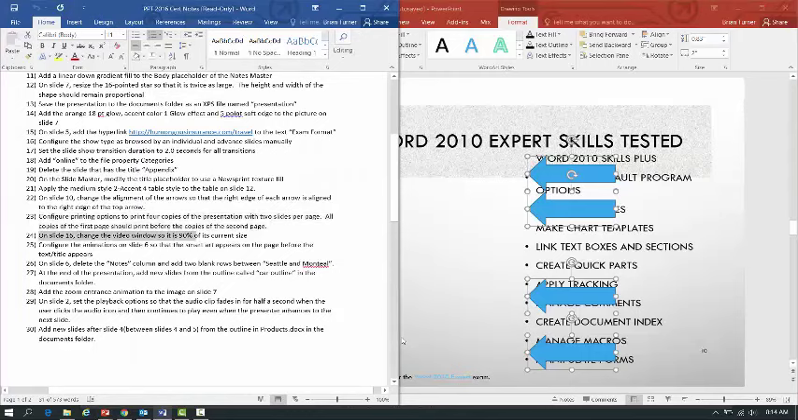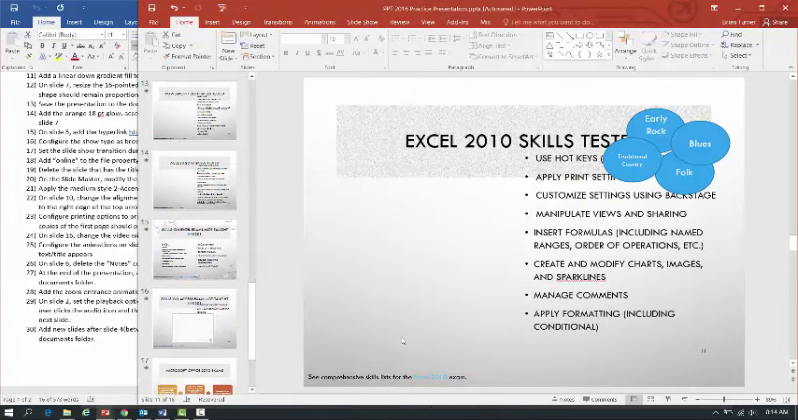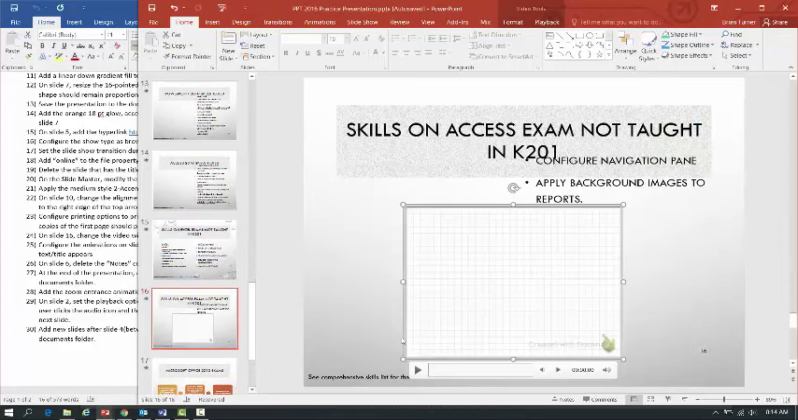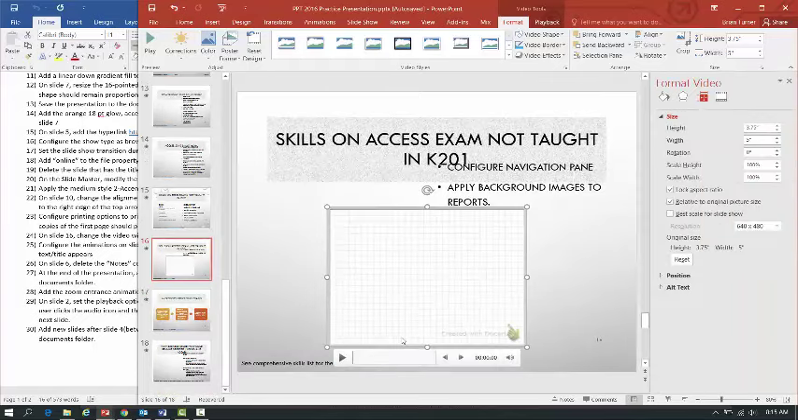On slide 16, change the video window so that it's 90% of its current size. So I'm going to click on the video, come up here to video tools and say format, and I'm going to come over here where it says size and position, because that's going to give me a percentage that I can say scale height and scale width to 90%,